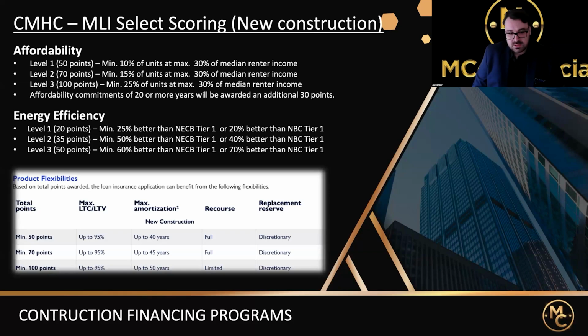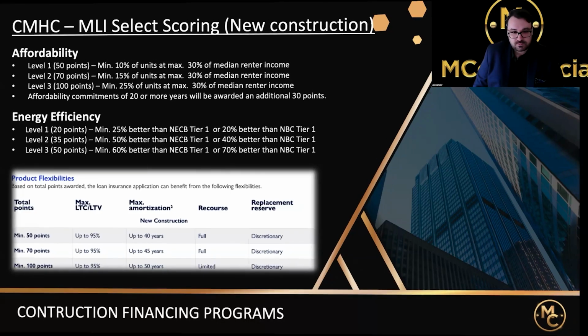And the maximum amount of points at 100, you'll have your 50 years amortization. And at that point, you'll be able to request a non-recourse. It is just requesting it, right? CMHC could always refuse it, but at that point, they consider it. And when they're comfortable with the borrower, they will allow for non-recourse loans, even though you're above that 65% loan to value.